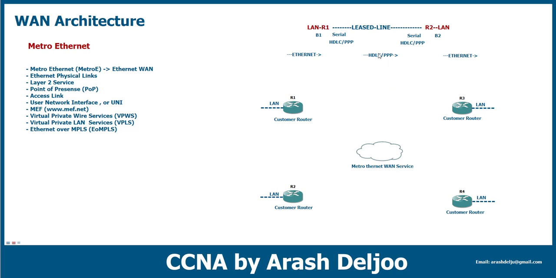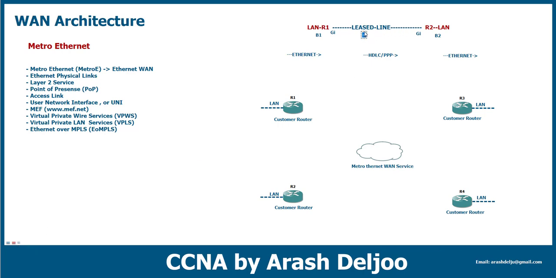But in the previous videos in this course, you have learned that another type of lease line is the Ethernet WAN. Let me show you. Here we can use the Ethernet interface. For example, between router 1 and router 2, we can use a 1 gigabit interface. This is a gigabit Ethernet interface on the router 1 side, and also a gigabit Ethernet interface on the router 2 side. And after that, between the two routers or two sites, we have Ethernet as the